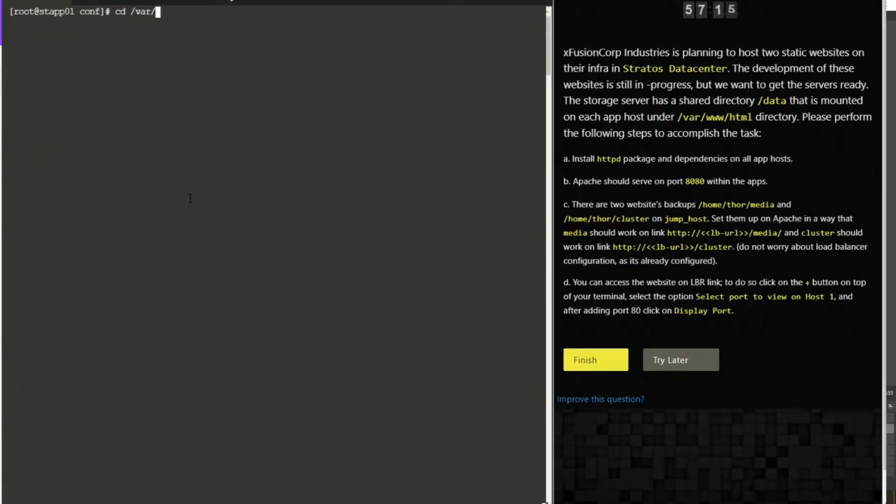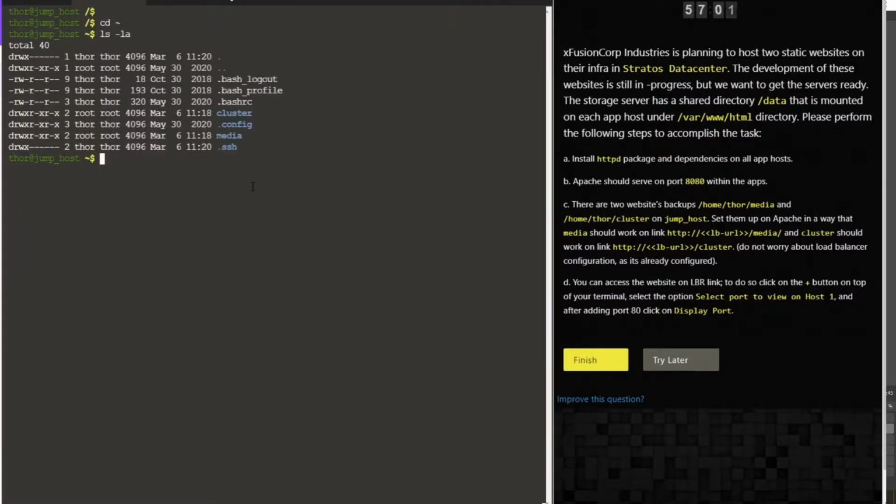Let's go into var www.html, which is the root directory of Apache. We are going to make the two directories over here. We are doing this because as per the task, we want to view media and cluster as two subpages.